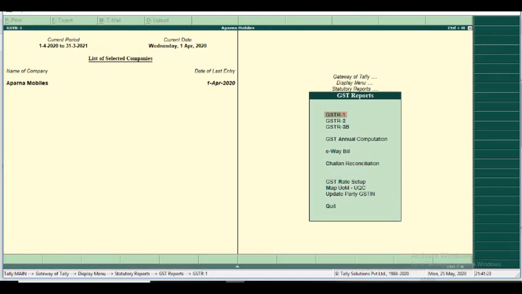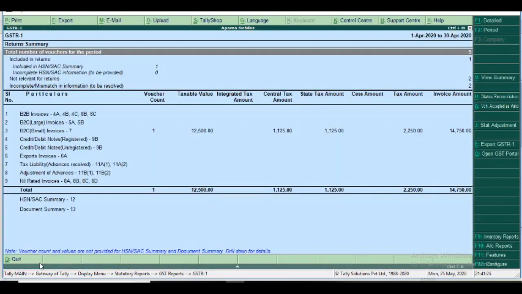Okay, in GSTR1 you can see some incomplete and mismatch information here, because we wrongly typed the GST numbers, so the report comes out wrong. But if you use original transaction entries, you get the right result.